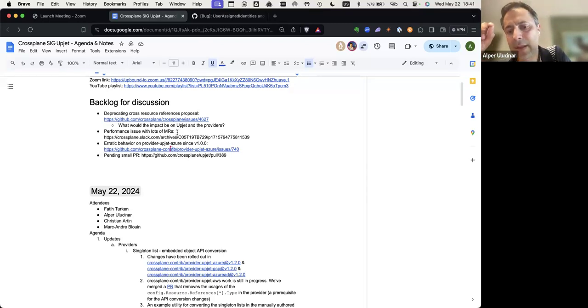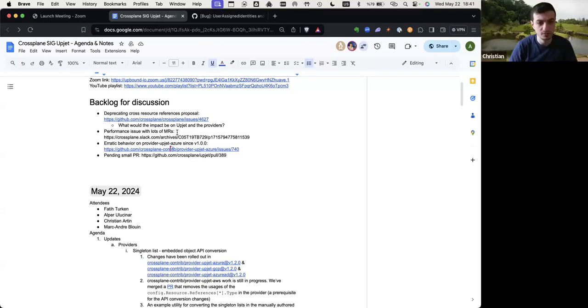Like, you can configure the reconcile periods, and also you can configure the maximum number of concurrent reconcilers that you can use. Are you aware of those parameters, by the way? Yeah, we did change the maximum reconcile rate to 200, but we don't want to go too high because then we would hit some rate limiting from Azure.